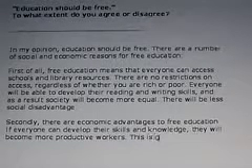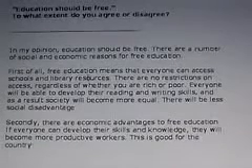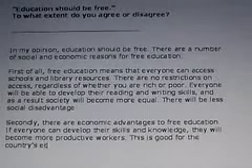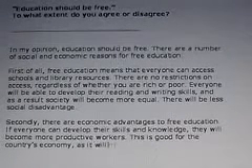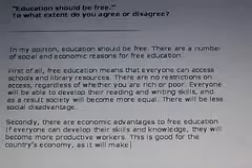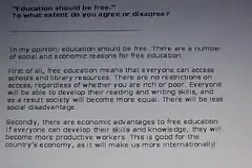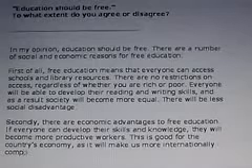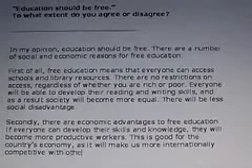This is good for the country's economy, as it will make us more internationally competitive with other